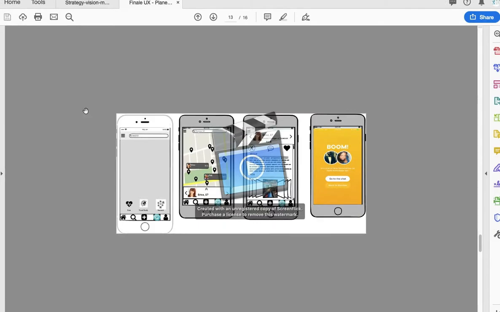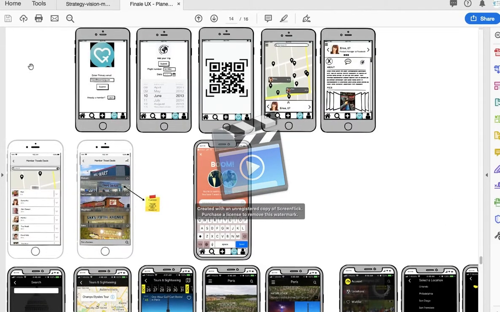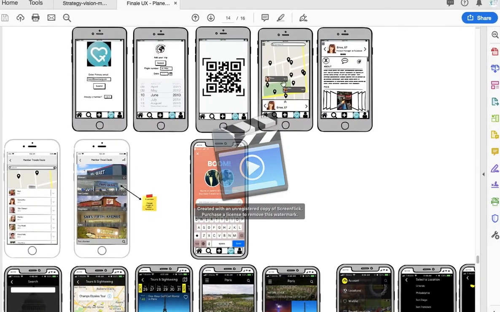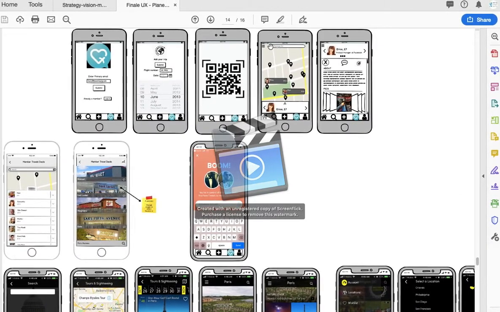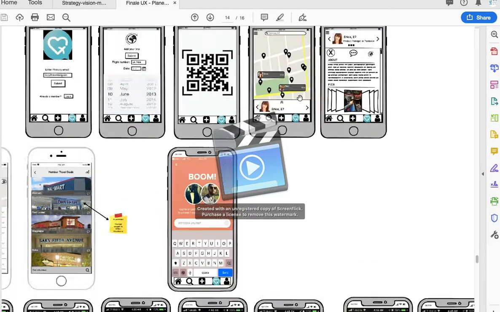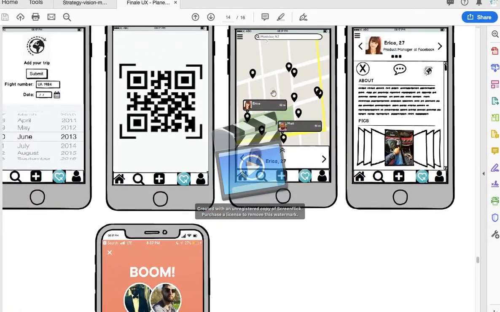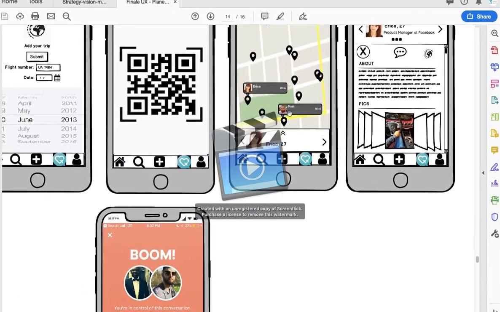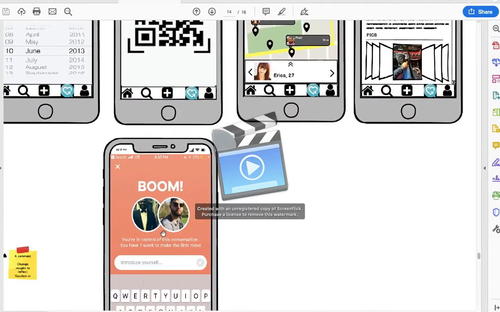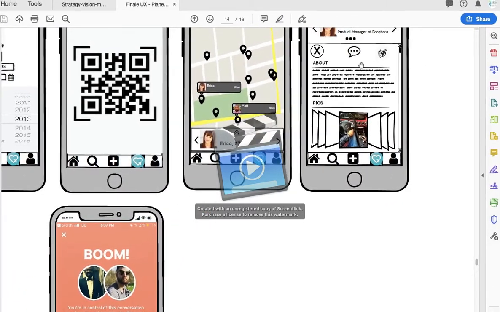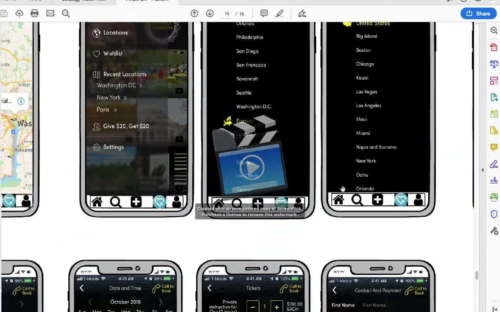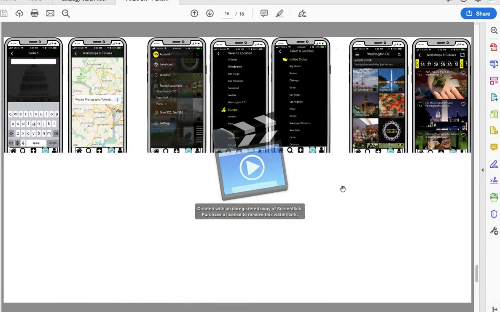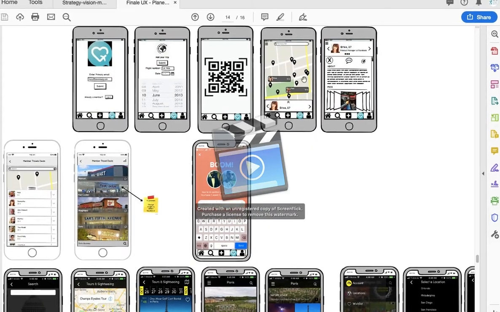We just need the transition screen, add these three to it, and then reuse the screen that we have already for the map view and the list view and the match view, and then also the profile view, and that's pretty much it for now.